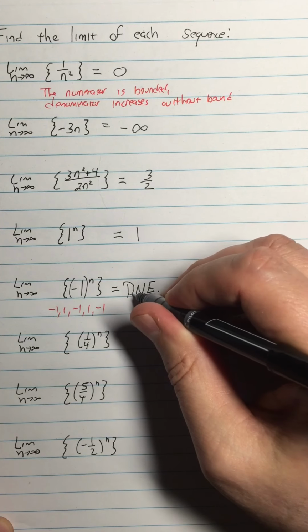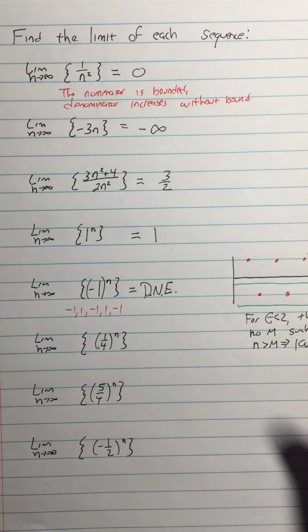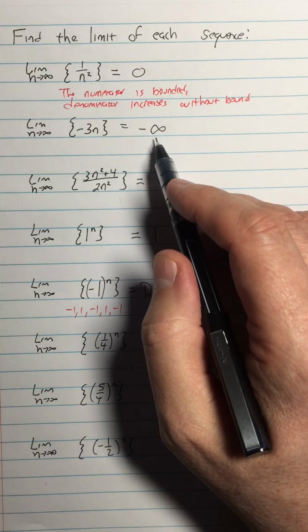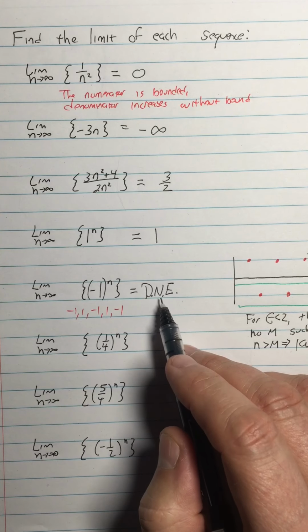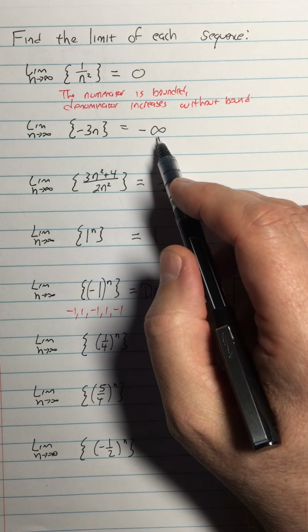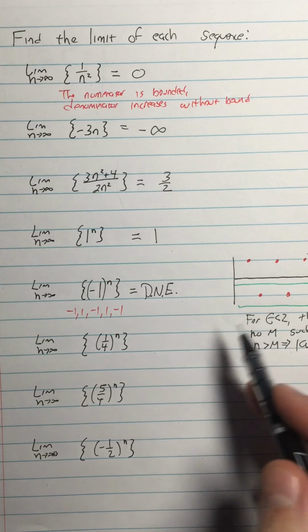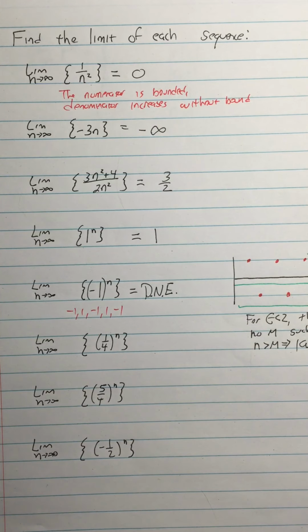So, in ways similar to what we have been thinking about with our limits of functions, sometimes you have a limit that's positive infinity or -infinity. That's not the same as the limit not existing. This limit does exist, it's -infinity. This limit does not exist. It's not positive infinity, it's not -infinity, it's nothing.